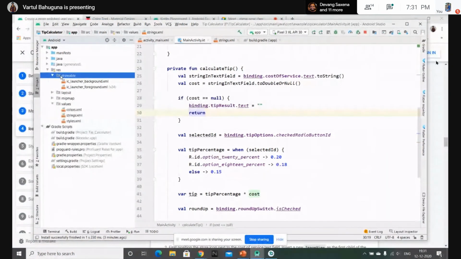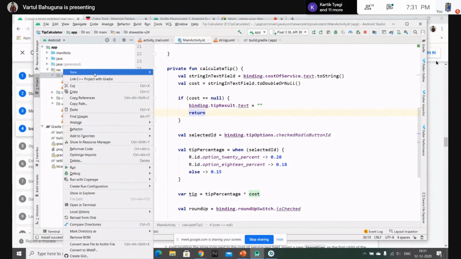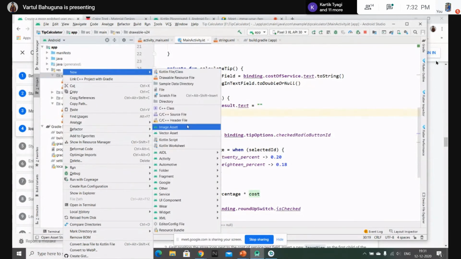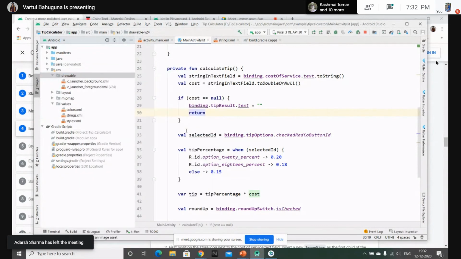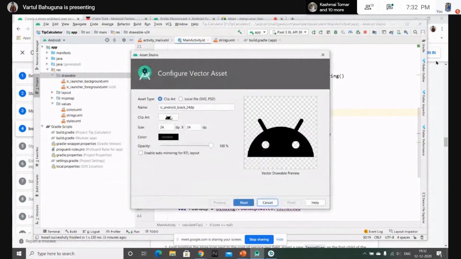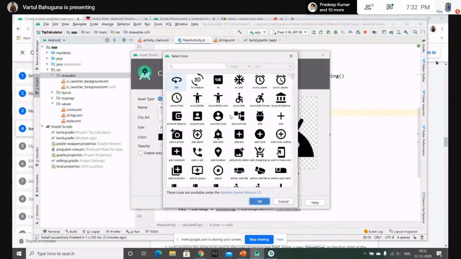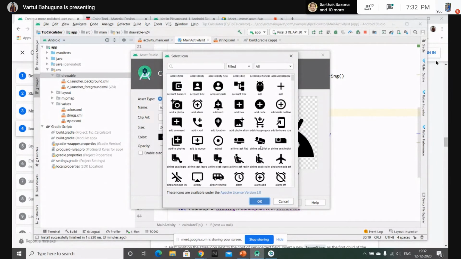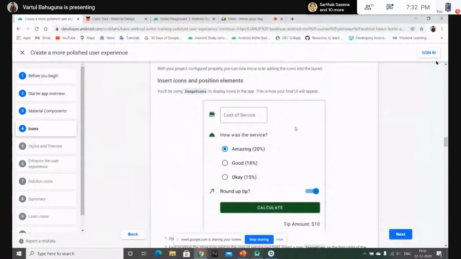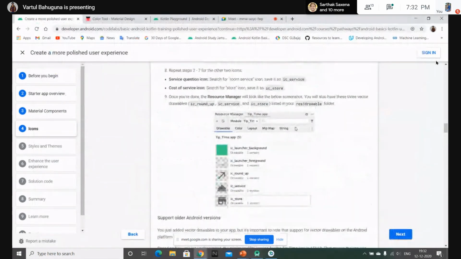As I told you, to use any drawable resources, you need to add them in the drawable folder. So in your resources, go to drawable, right click, choose new, and then add a vector asset. Then in the vector asset, just select the icon that you want to use. Let's get the name from here.